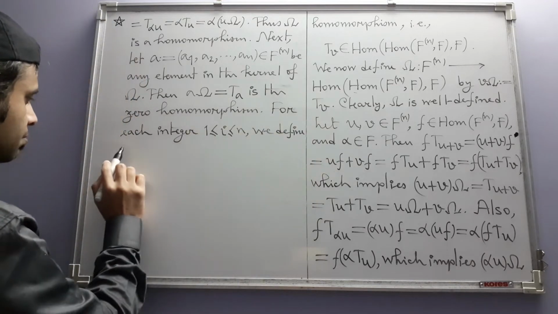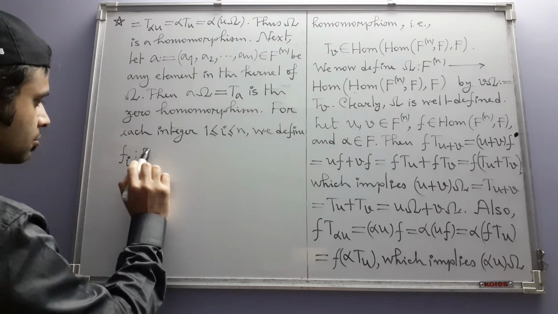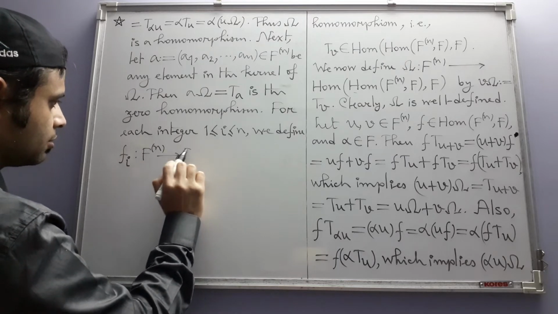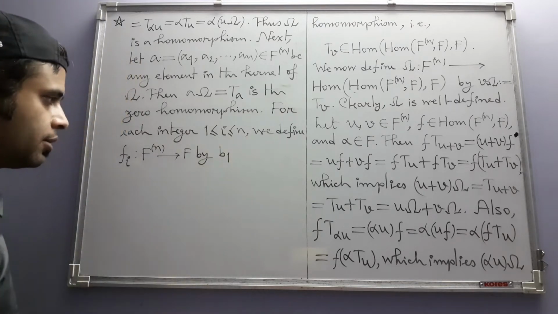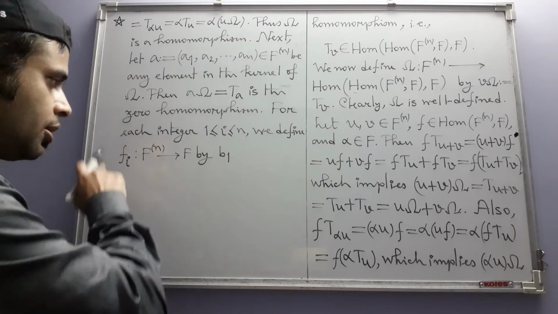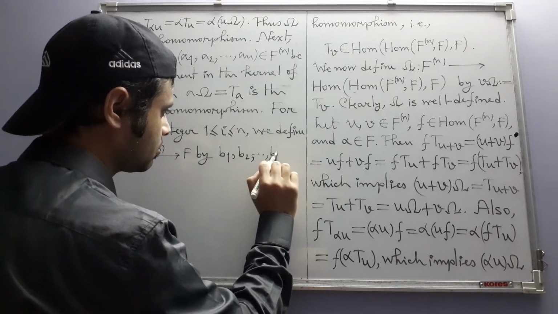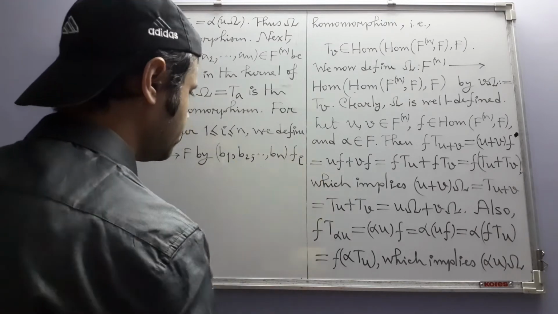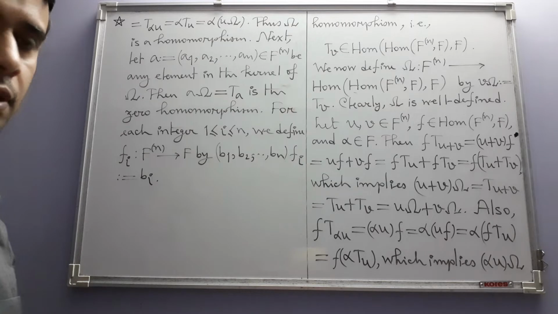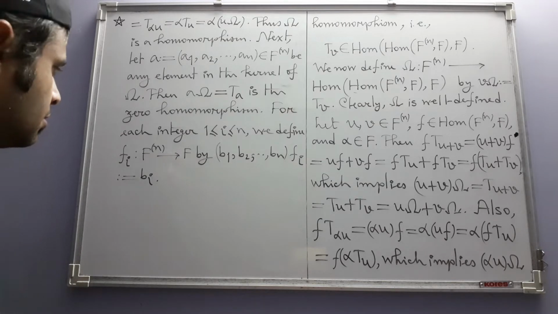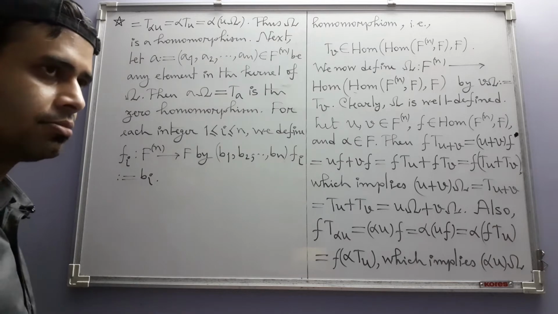We are going to define a map Fi from Fn into F by this formula. From Fn into F, so that means we are going to apply Fi on an n-vector or an n-tuple of field elements. And our definition is this: this is equal to bi. Now, our next claim is that each such Fi is going to be a homomorphism